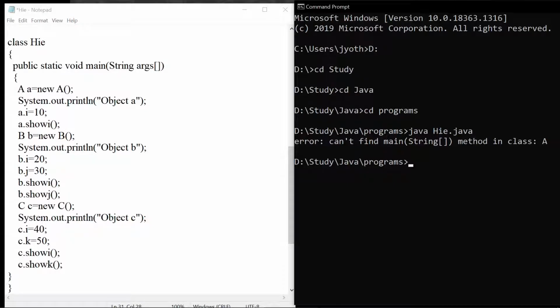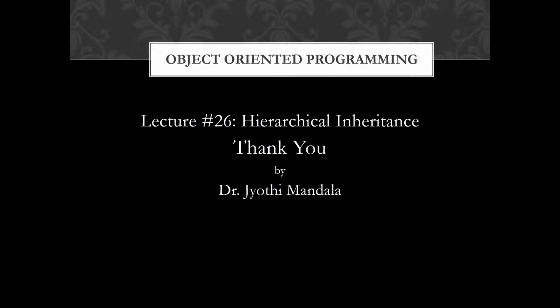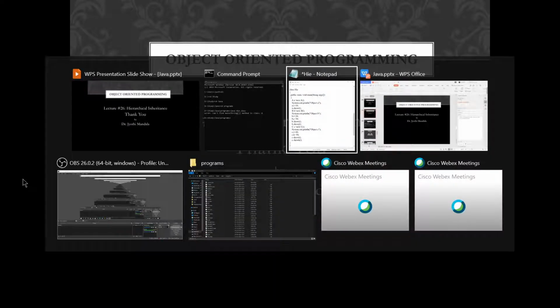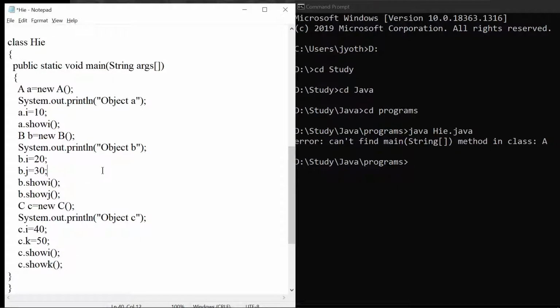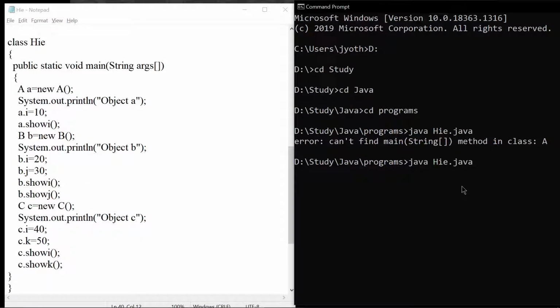Okay, let us compile once. Let me save this one, and let me run this program once again. HIE.java. Still it is showing the same thing. Can't find main, public static void main, string args.